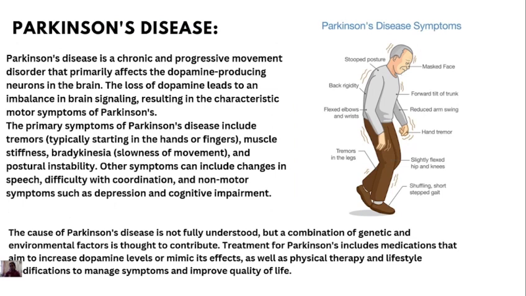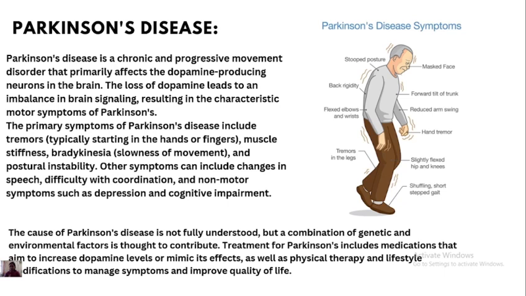Parkinson's disease. Parkinson's disease is a chronic and progressive movement disorder that primarily affects the dopamine producing neurons in the brain. The loss of dopamine leads to an imbalance in brain signaling, resulting in characteristic motor symptoms of Parkinson's. The primary symptoms of Parkinson's disease include tremors, typically starting in the hands or fingers, muscle stiffness, bradykinesia, slowness of